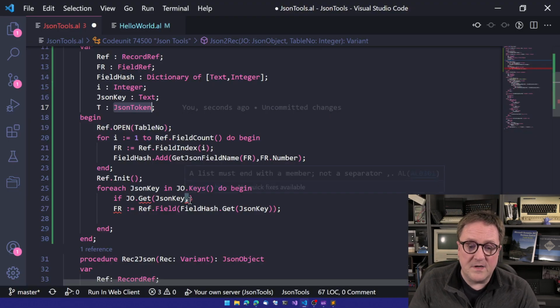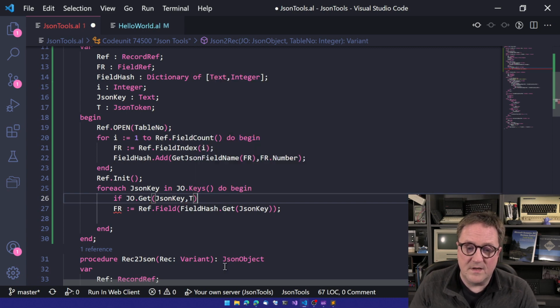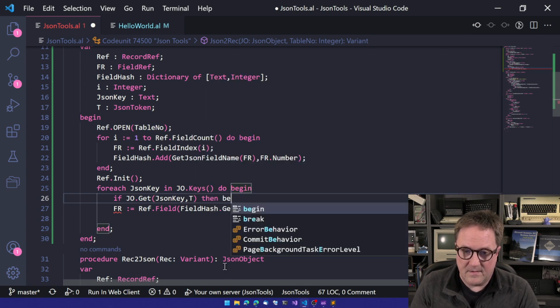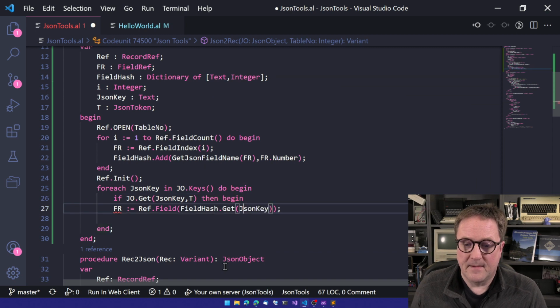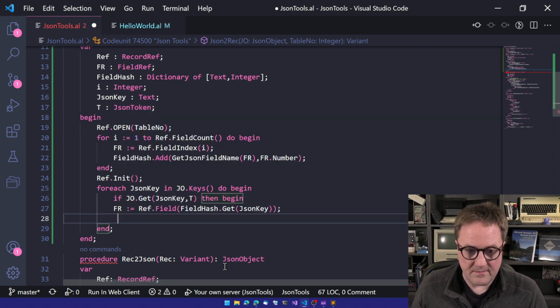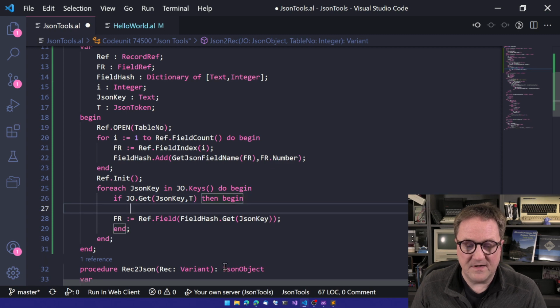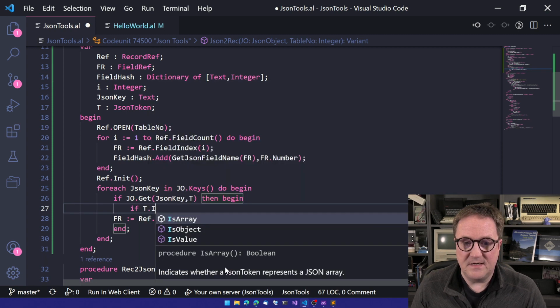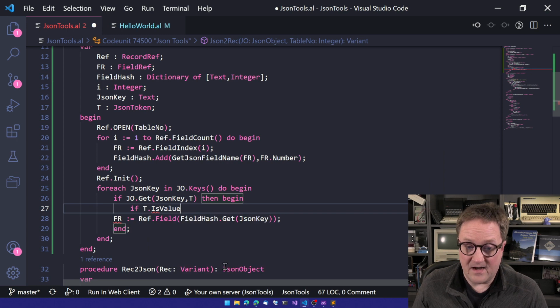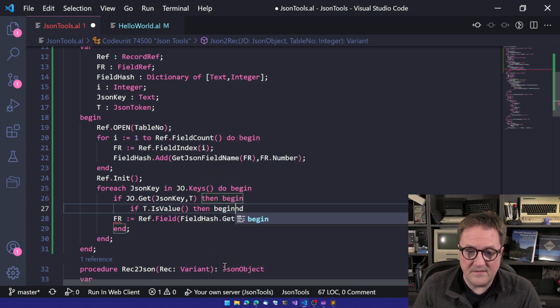So we need to make sure that what we're getting is actually something that makes sense. So now we can say that if T is value. So did we get a value? Well, in that case,